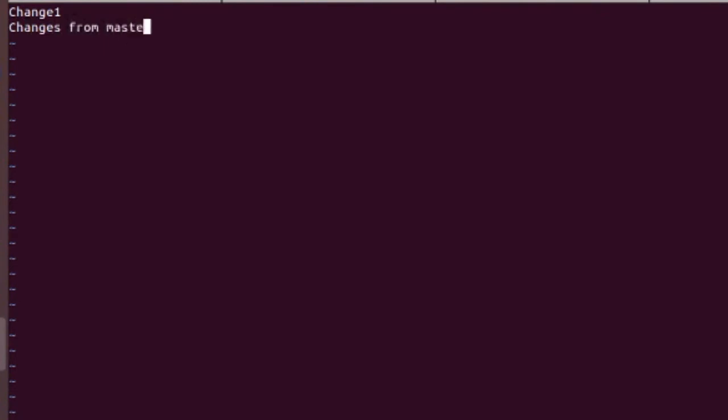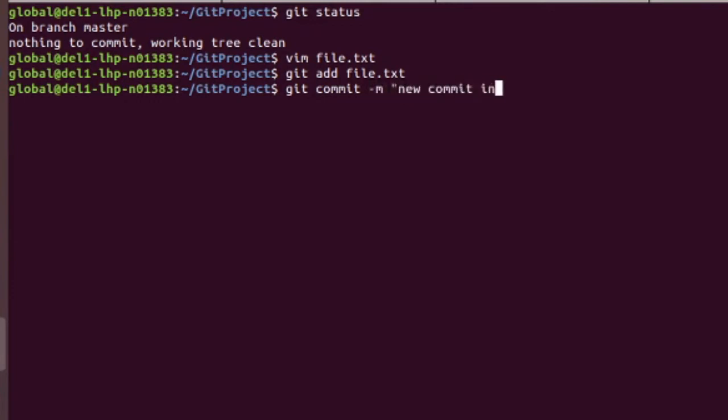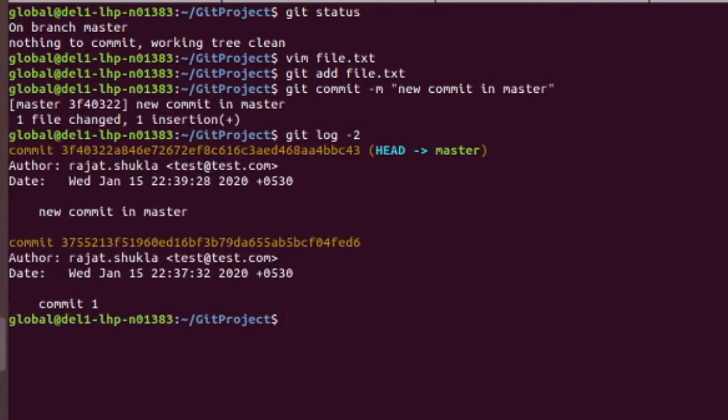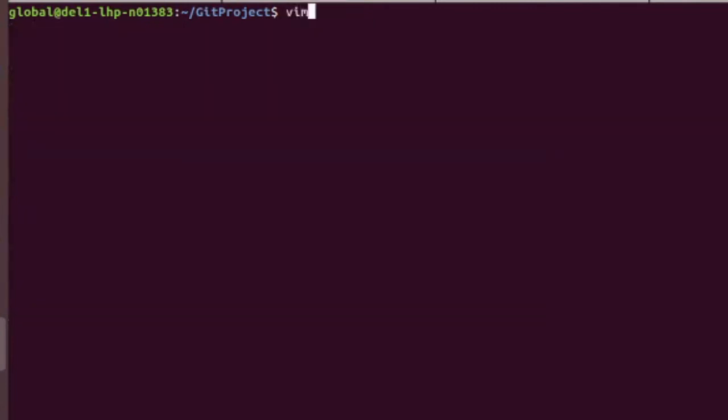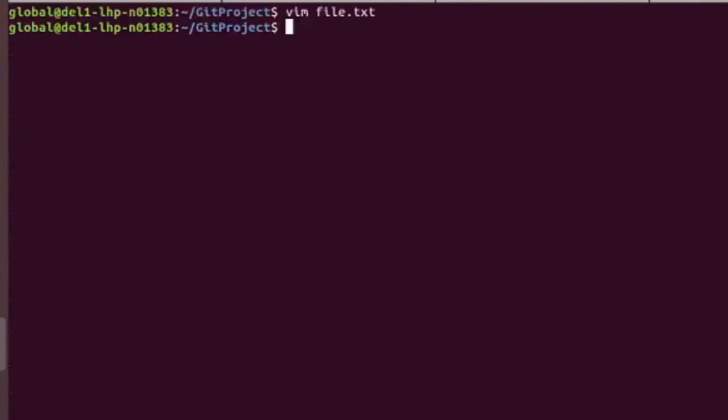Then git add file.txt, and git commit -m "new commit in master". Then git log -2. Now if I further change file.txt and add "new changes from master",